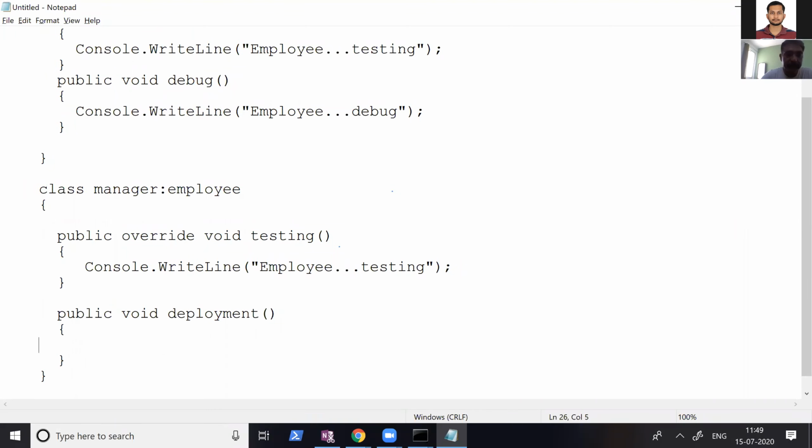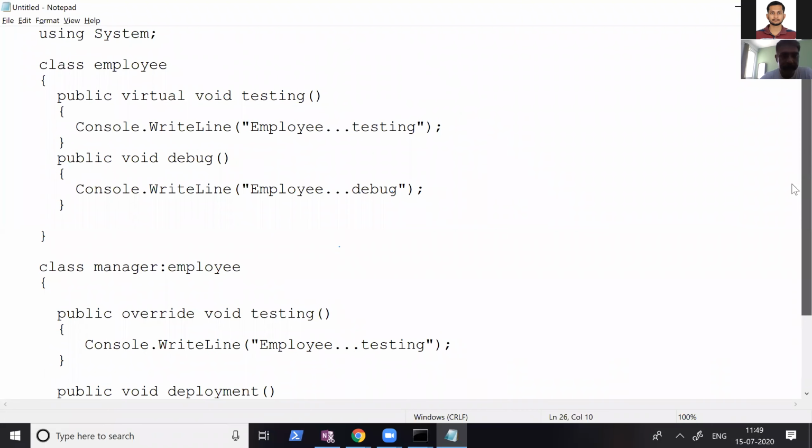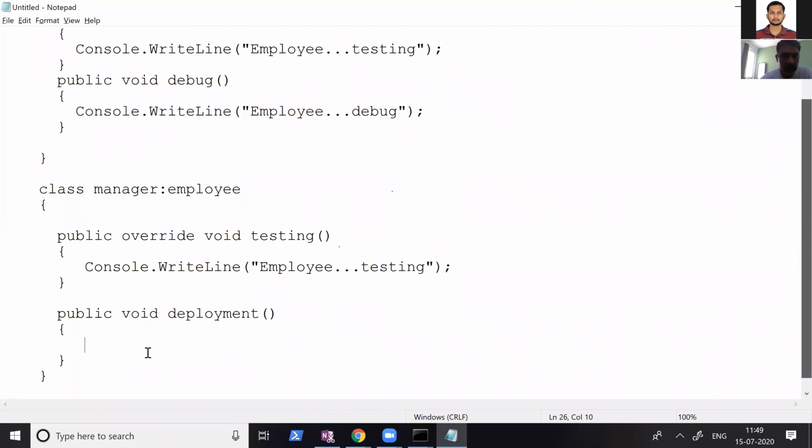So employee obj = new manager. Definitely. Manager is compatible to employee. Why is it compatible?